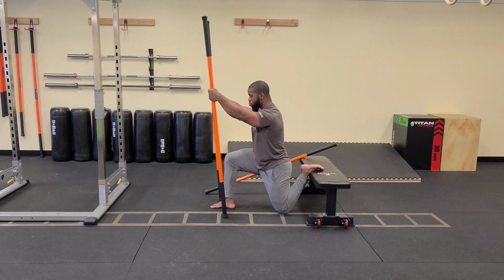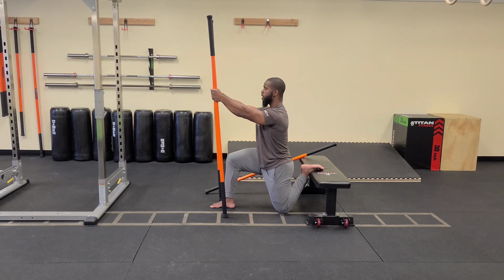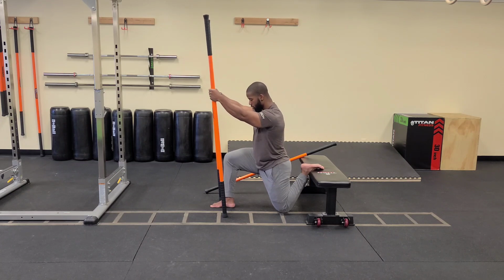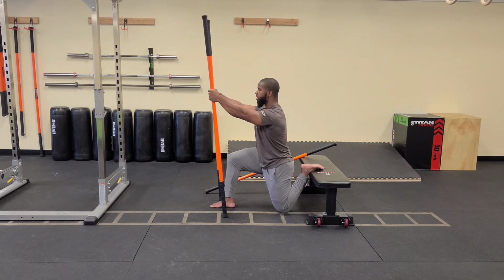Excellent. Let's go a few more here. Drive the sticks down, tuck the pelvis in, ease off. Good. Let's go 2 more. Drive the sticks down, tuck the pelvis in, ease off. Good. One last time. Drive the sticks down, tuck the pelvis in,